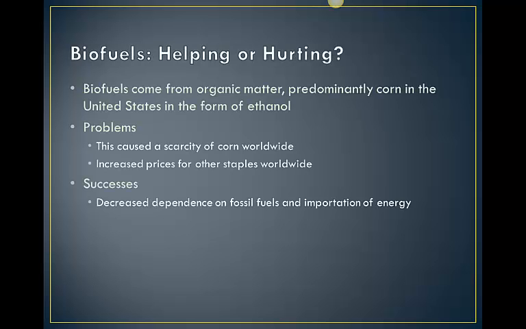One more issue that gets brought up in chapter 10 is the idea of biofuels, and this is just going to be a quick little explanation of what biofuels are, because we're really going to come back to this in a later chapter when we're talking about energy. But because we're talking about plants now and the strain on producing enough food for the world, I do want to mention biofuels. So biofuels are fuels, energy sources that come from organic matter. And that organic matter is predominantly corn in the United States. It's not corn in every country.